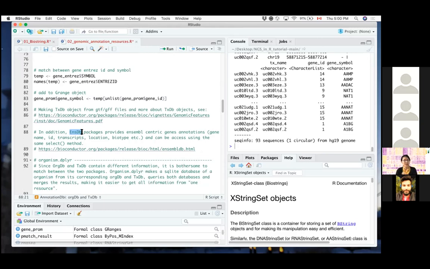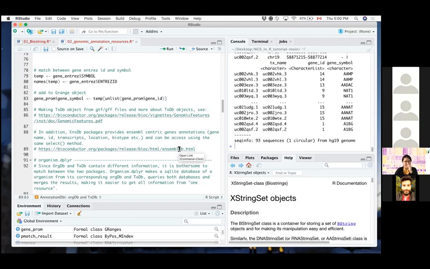So you can very easily map between these different pieces of information. This is what I would recommend using if you just want to do something quickly with these known gene annotations. Again, it works basically the same way as these two packages that we talked about. And you can find more about it in the EnsDb